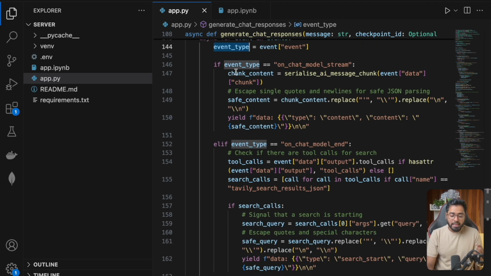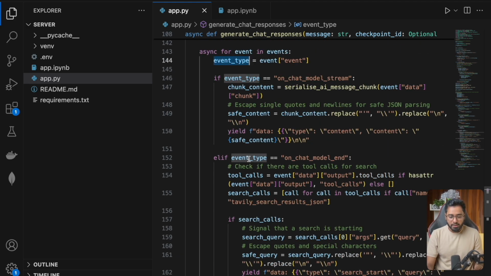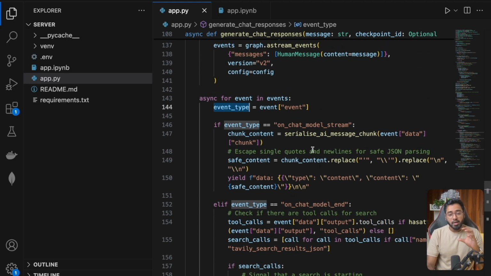type, and then based on that we are doing a couple of things. For every single different event type, we are structuring it in a certain way and then sending it to the client so that the client can differentiate between each event type. So the first event type that we are interested in is the on chat model stream. This is going to be the most common thing that we are